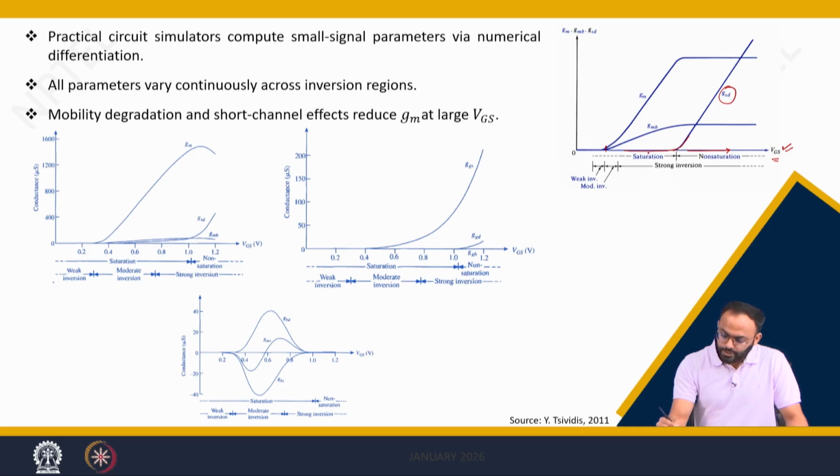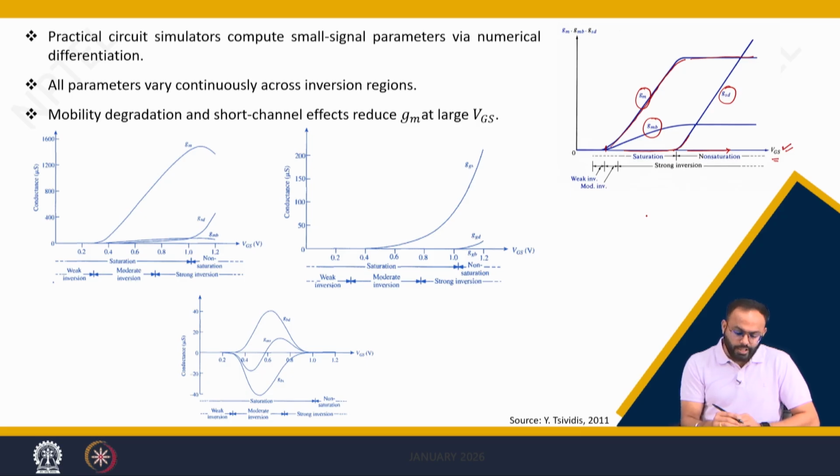However, in the saturation region, GM is dominating and then it becomes constant in non-saturation. GMB is less than GM, which shows that the gate control is more than the body control. Similarly, we have also plotted different small signal parameters like GBD, GMX, GGD, GGS with respect to